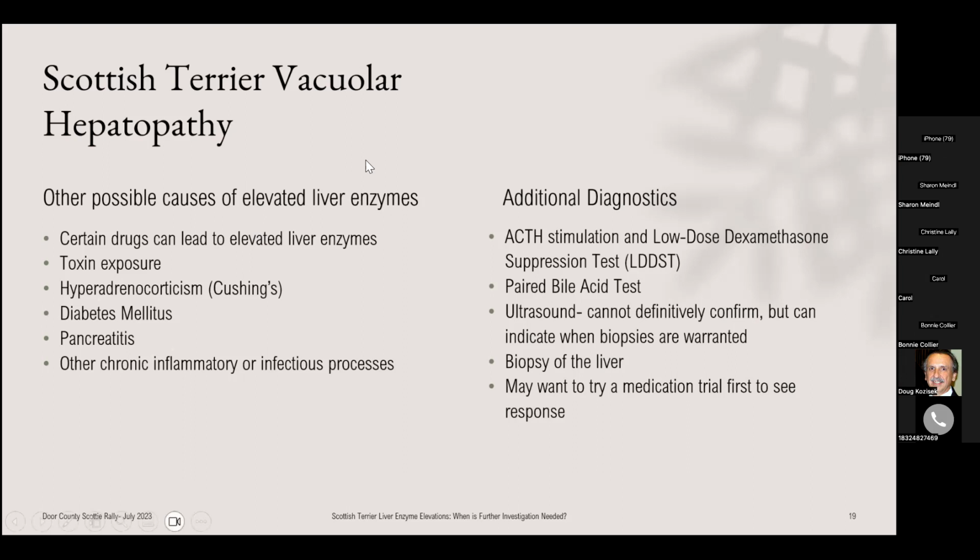Ultrasound can't definitively rule in or out vacuolar hepatopathy, but we can look to see for other things. Are there any masses noticed on the liver, any other abnormalities? We can look for things like with Cushing's disease, we usually see increases in adrenal glands. Do those look larger or smaller? Any lymph node enlargements throughout the abdomen? So it can still give us a lot of information,